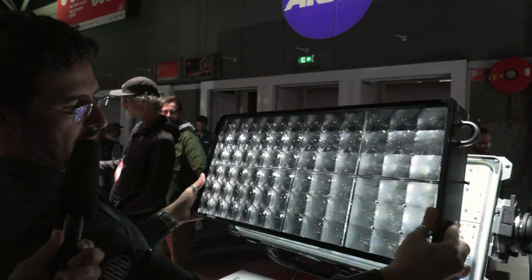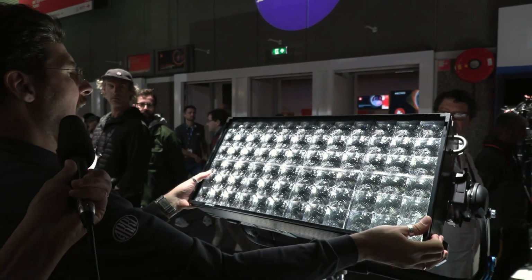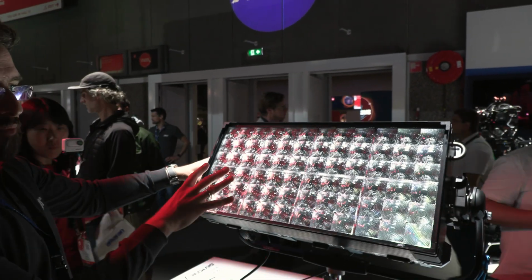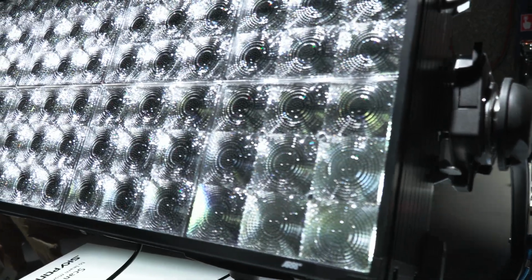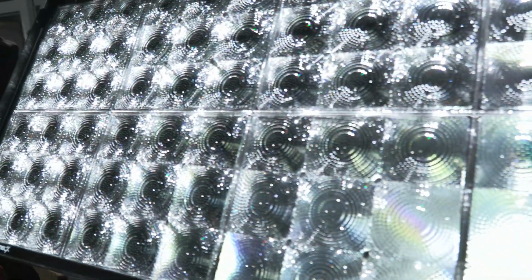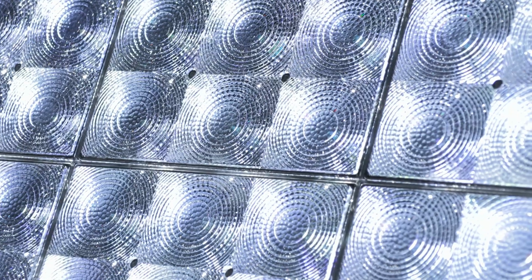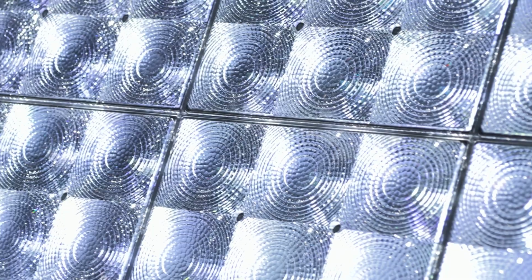This is the Hyper Optic, and the Hyper Optic, it's a hard light attachment. So it's a front attachment that works as an exact emulation of a point source light. So basically, we are collimating all these different diode technologies, which is what makes the LEDs efficient, and we are collimating towards one certain point. And this is a combination of different lensing. You have here primary lenses that are condensing the beam, then we have honeycombs here, small little honeycombs, and then we have a micro Fresnel on top, and we are mixing all of it into one circular beam, which is